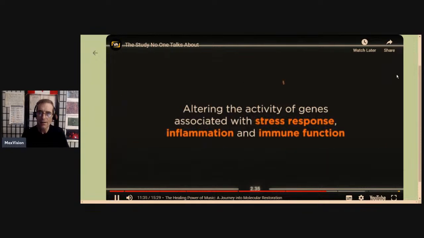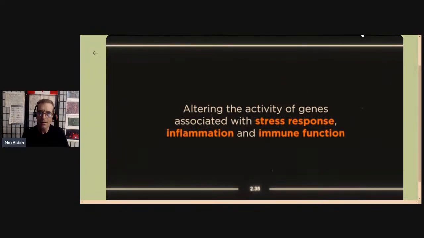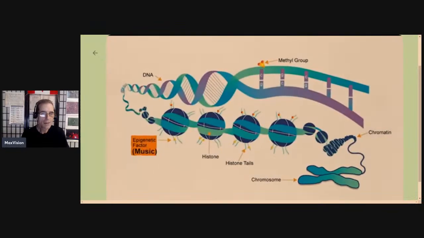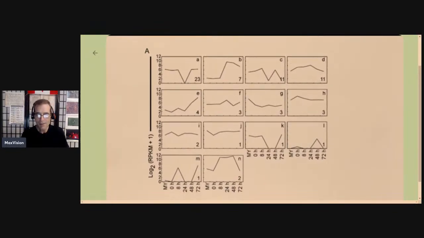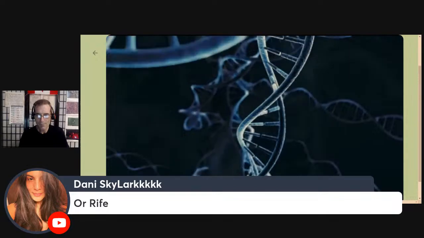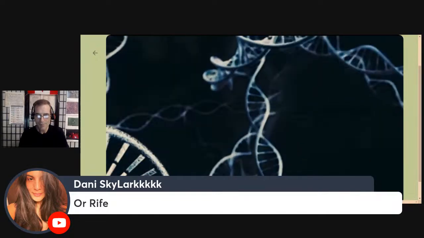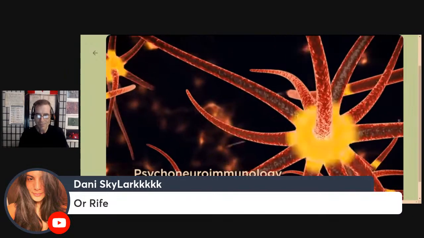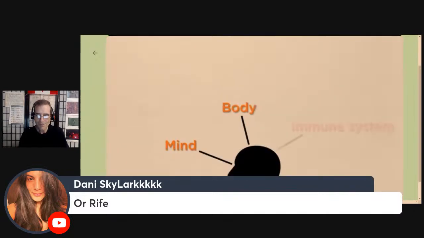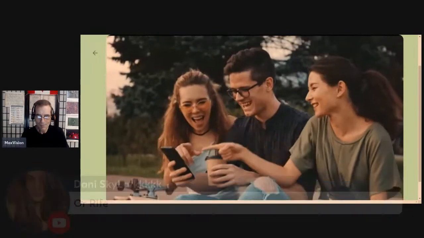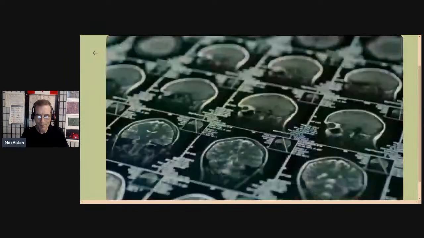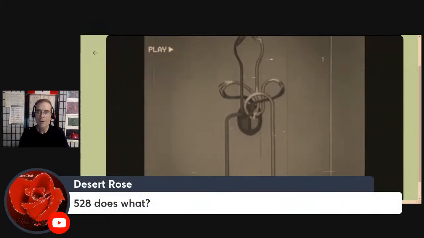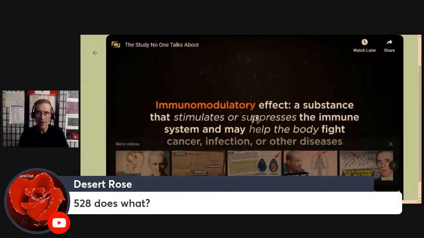stress response, inflammation, and immune function. This suggests that music has the ability to initiate epigenetic changes, modifying gene expression patterns without altering the underlying DNA sequence. Furthermore, emerging research in the field of psychoneuroimmunology reveals the intricate connection between mind, body, and the immune system. Music has the capacity to evoke emotional and psychological responses, which can subsequently modulate immune system activity. These immunomodulatory